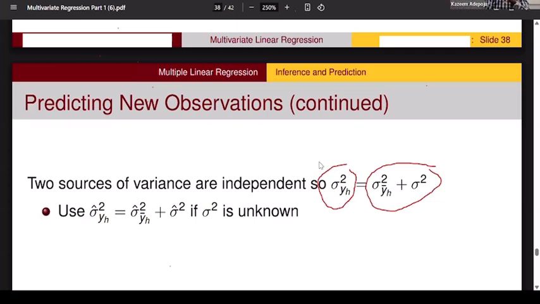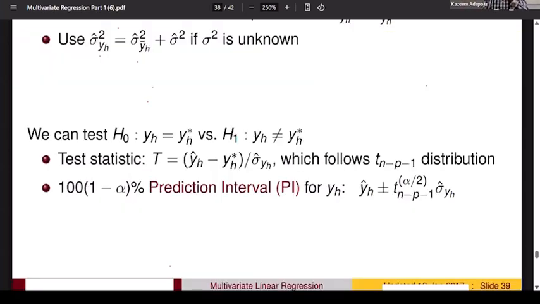Now, how do we do this in R? Please pay attention. I'm going to show you how we do that in R. But before that, just like what we did the other time, we can test hypotheses about the individual. Pay attention. It is still going to be the same formula, except that the standard deviation is not going to be the same as the standard deviation for the average. I want to show you numerically, and you're actually going to see what I'm talking about. Let's come to